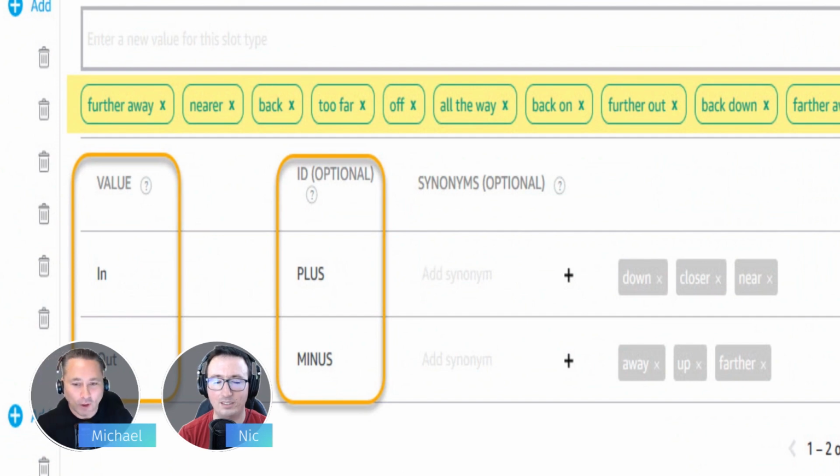Right? So this is the cool thing. I have to say, I don't know if a lot of Alexa developers know this, but when you use the optional ID, which I also have highlighted here,